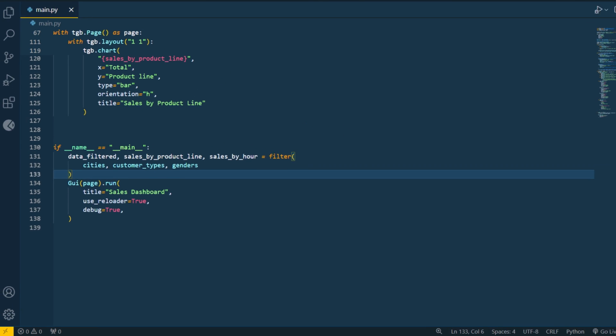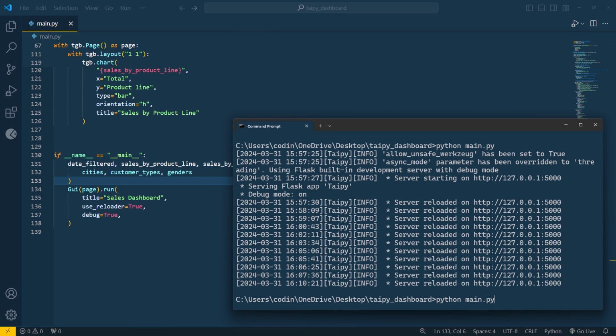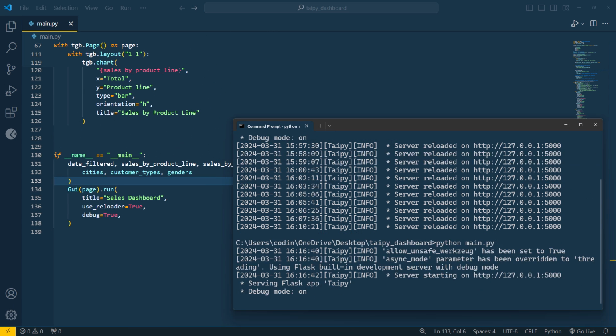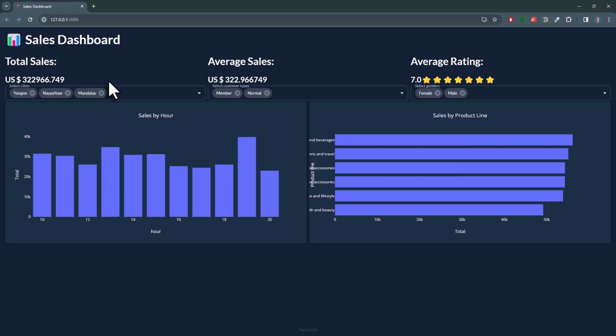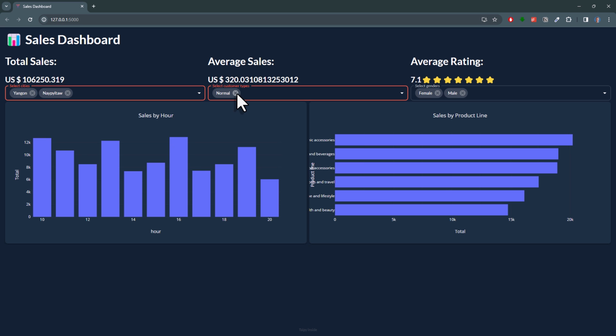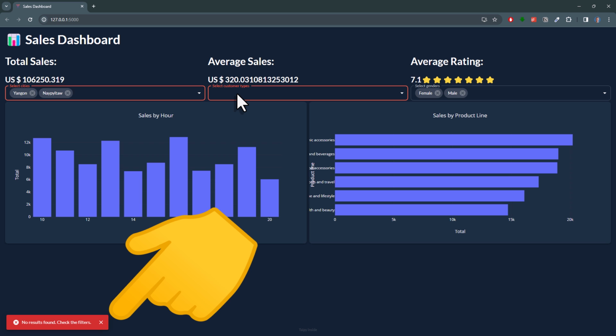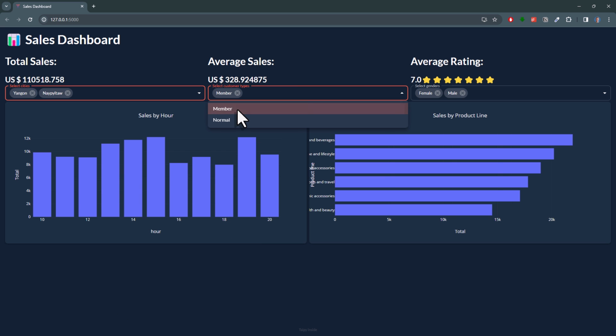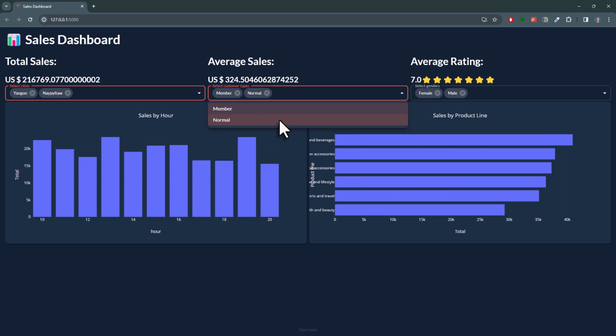And with that in place, let me navigate back to the terminal and rerun the app. So once the app is loaded, we will see that every time I change a filter, the KPIs and the charts are updated accordingly. And in case I don't have anything selected, we will get the notification message. Great, and with that, let us move on to the last section of this tutorial, which will be the styling